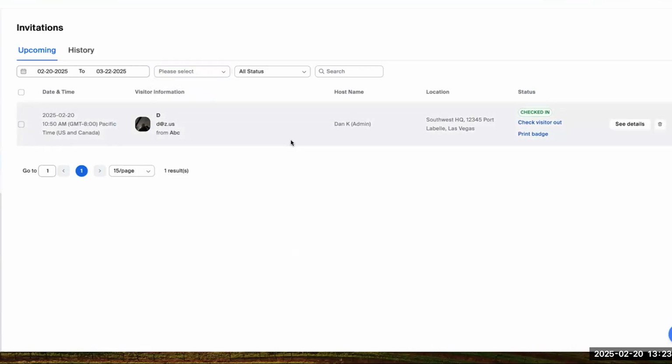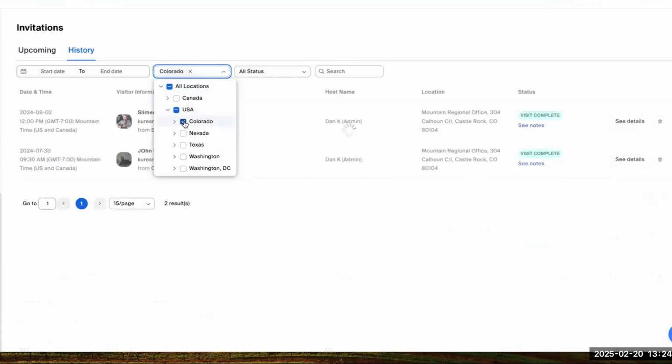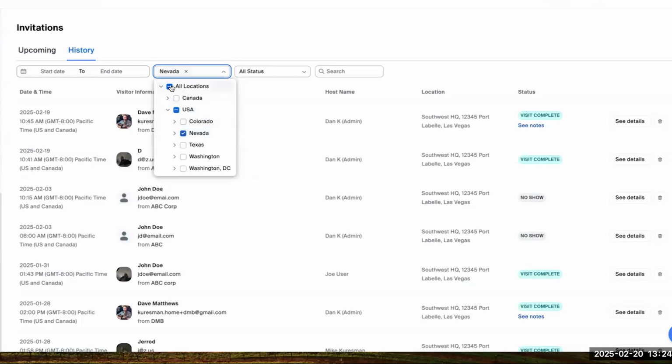But here I can see all visitors, all active visitors. I also have the history, so I can go back and look at the history of visitors that have been invited to any of my locations. Again, utilizing that location tool, if I have access to more than one location, I can, for example, filter this to one of my Colorado sites and see the visitors there versus the visitors to my Nevada site, or look